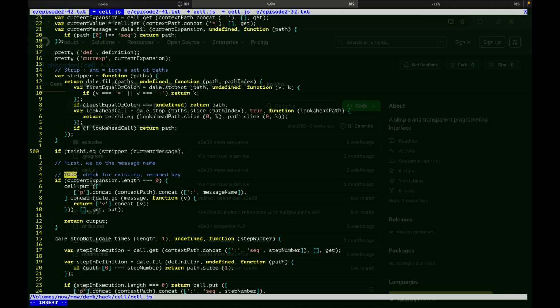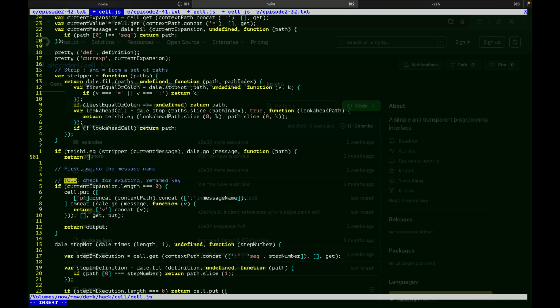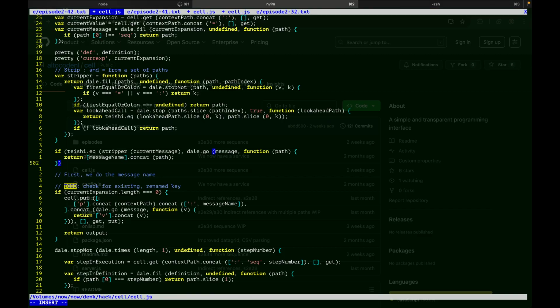It will be something like go message function path, return message name, concatenate path like this. But I need to run this through the stripper. Yes, I do. And if these are not equal,